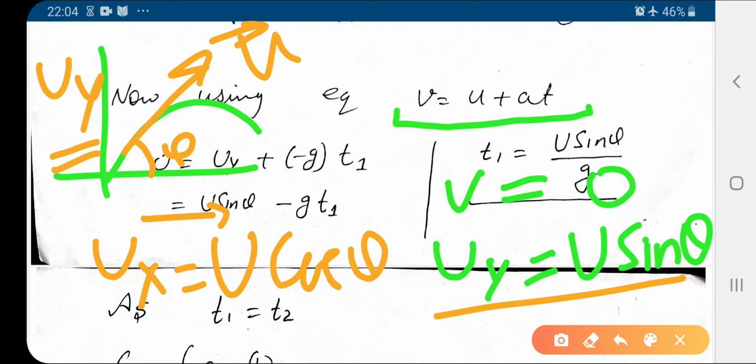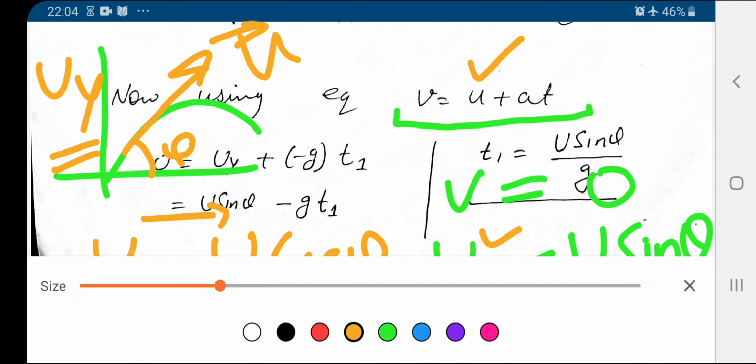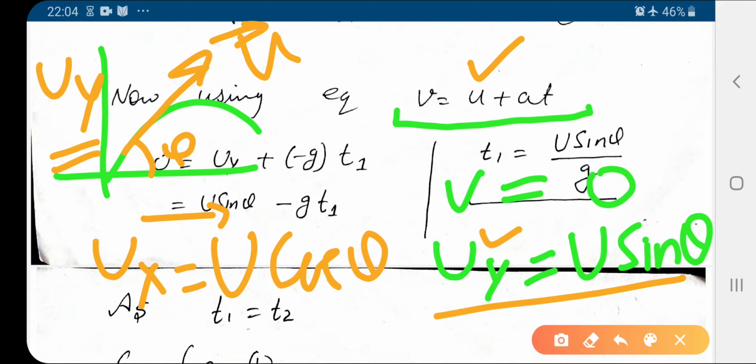That I write here. So v is the final velocity, at maximum height it will be 0, u is the velocity for the maximum height, so write it as uy, and a is the acceleration due to gravity. When we move upward, a is due to gravity, and as we move upward velocity is decreasing, so a is equal to minus g. In the vertical upward direction it is taken as negative, and for vertical downward it is taken as positive.